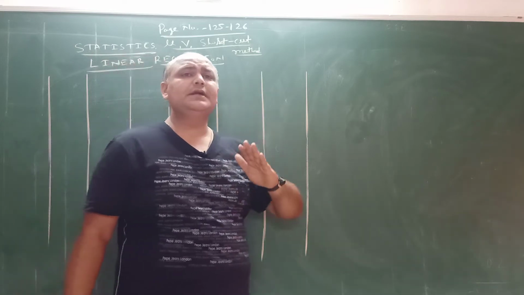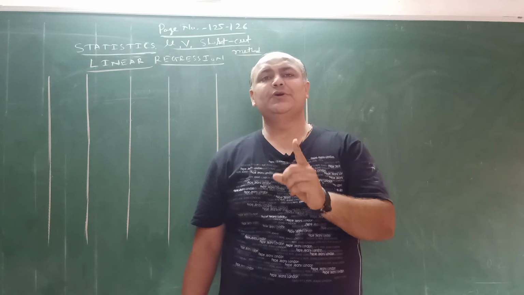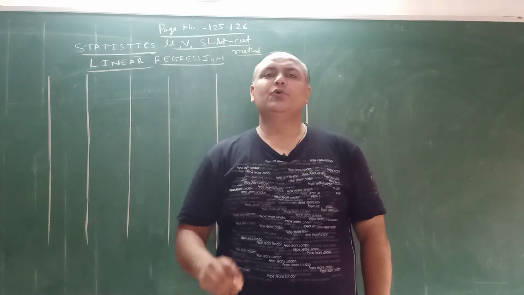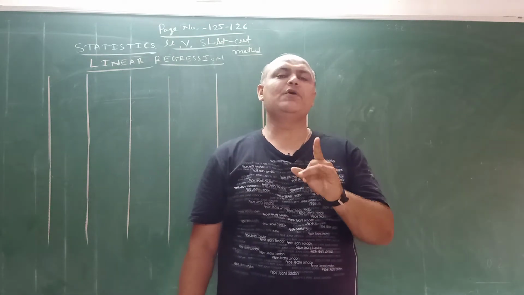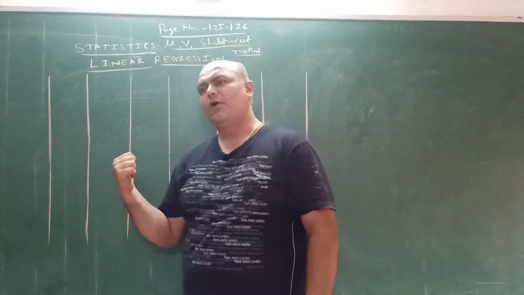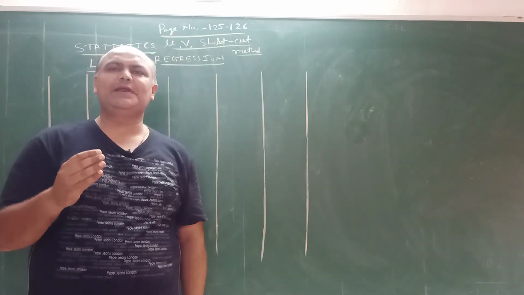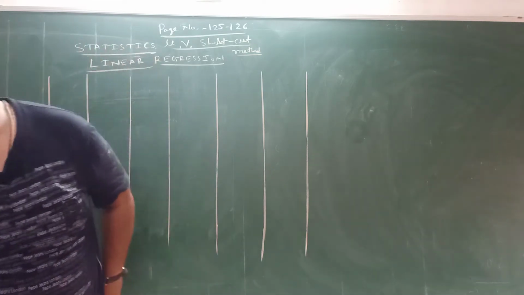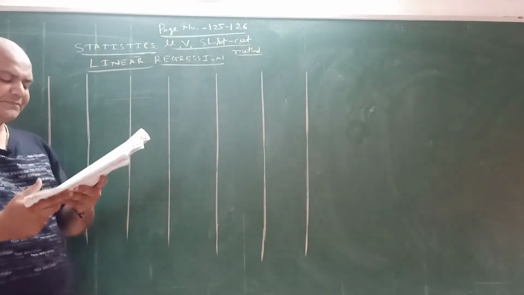When we divide all the digits by some number, if division is there, then we have to apply Cx as well as Cy. If no division is there, only subtraction is there, then there is no need of application of Cx and Cy. So today we take the sum of the UV method or shortcut method in which, my dear friends, there is no application of Cx and Cy. Without Cx and Cy. Please open your textbook, page number 125 and 126.